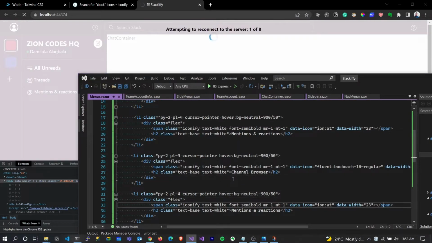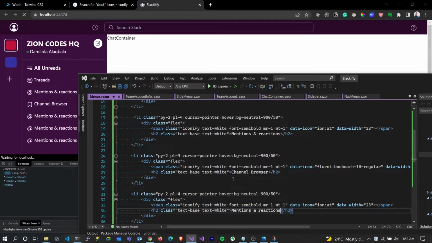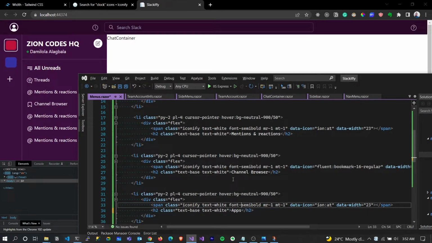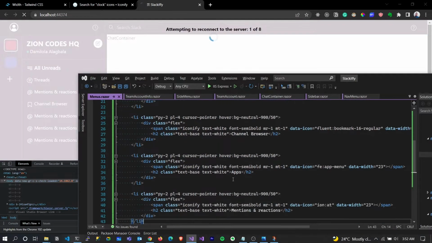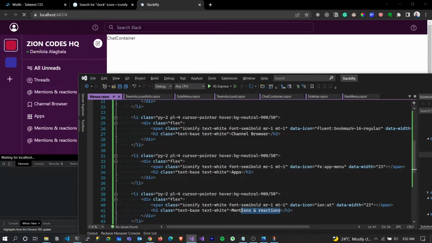And the next is, let's have apps. An icon is called FE. And the next is